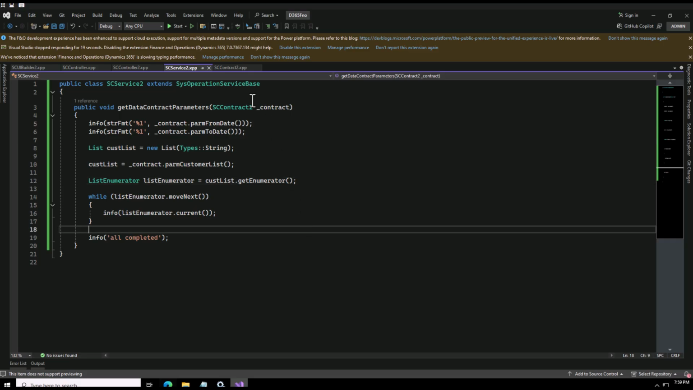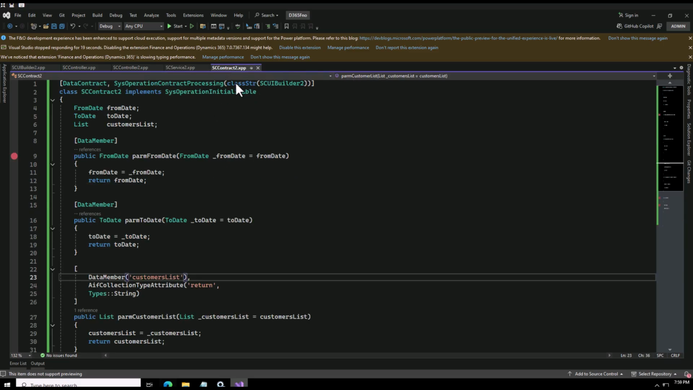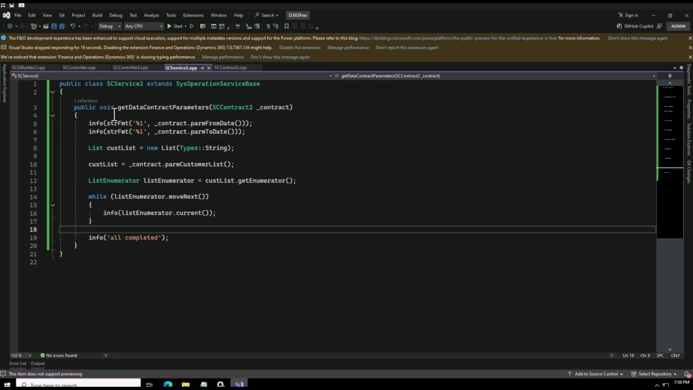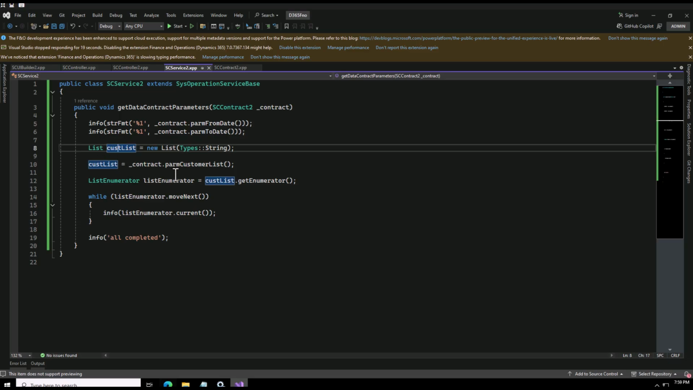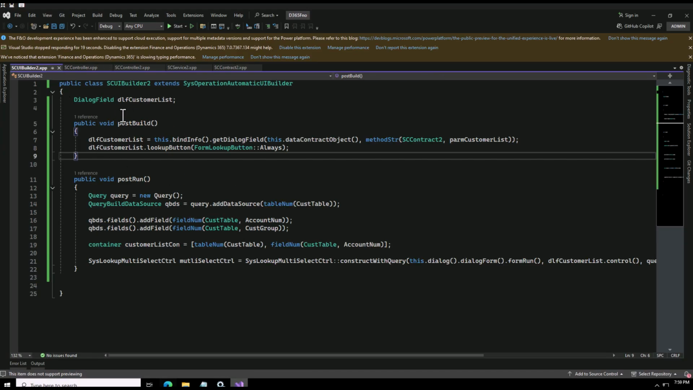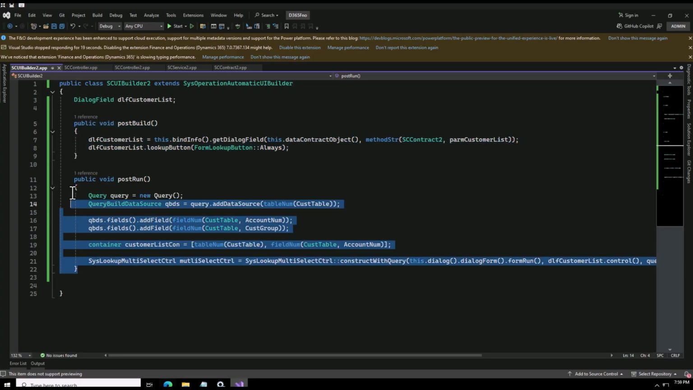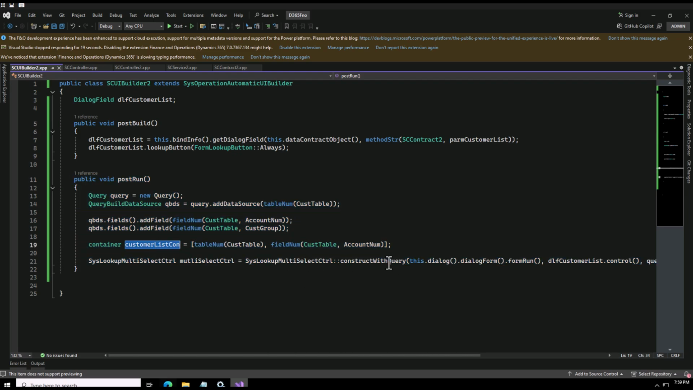So let me reiterate what we did. The first change that we did is we changed our contract here, okay, and we used this EIF collection type attribute. We specified we use list. Then the second change is, in order to get this value, as we are going to get a list, that's why I used here list and list enumerator. And then going to my UI builder class, here I simply get a reference from post build. Inside my post run, I simply created a query. I created a container, and then I use this